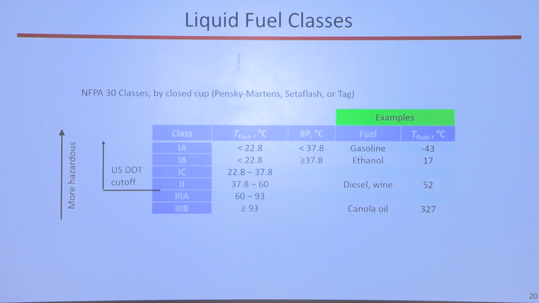I don't know what's the rationale for doing that, but these are old classifications that won't be able to change. So this is from NFPA 30. It's by a slightly different test I'll show in a minute, closed cup test. But we have classes 1A, B, C, 2, 3A, and 3B. And the U.S. Department of Transportation has drawn a line here between 2 and 3. They say if you're transporting anything that's more flammable than, say, canola oil, you have to take special